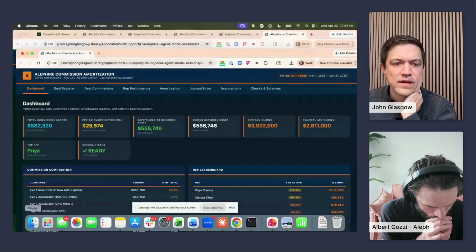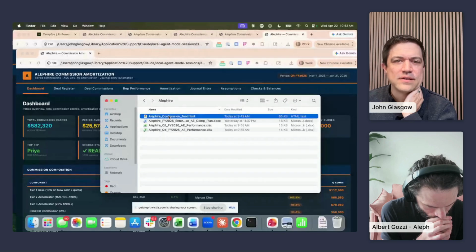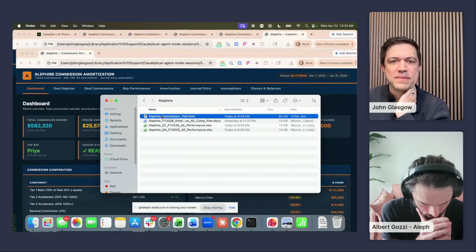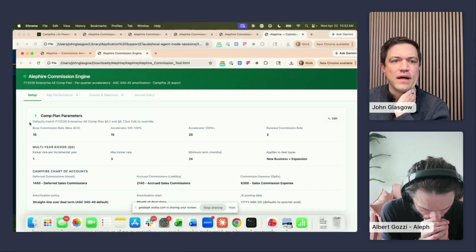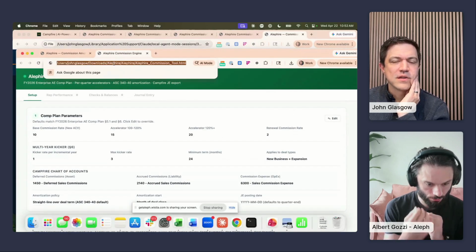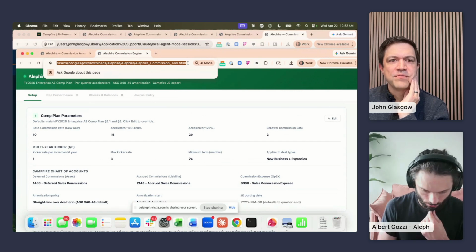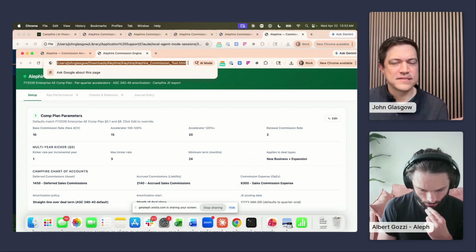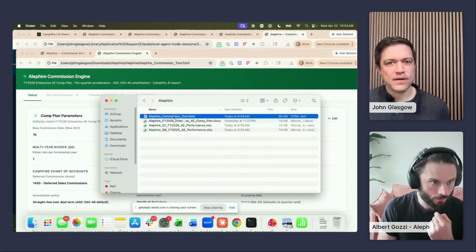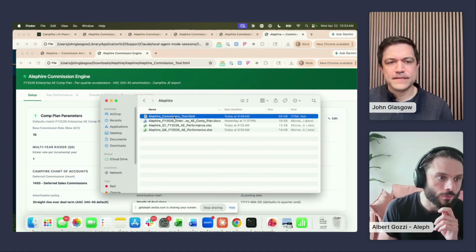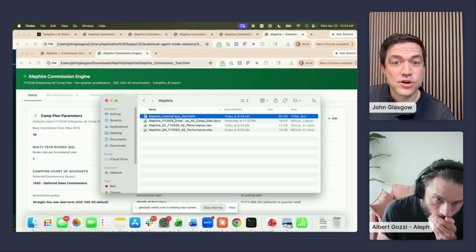And for folks wondering, this is just running locally. So this is the whole app right here, Aleph commission tool, HTML. And all that you need to do is open this file. And here was the other one I was showing earlier, that you just open the file locally. And this is local, this is not on the internet. So I can't send anybody this link. It's not accessible. It's purely just opening this file on my own computer. So I can't have other folks use this current version.